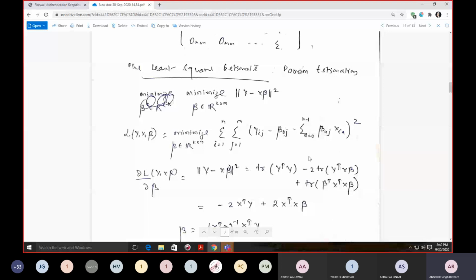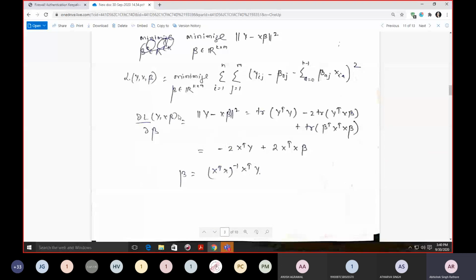Now we are going to differentiate this with respect to beta. This term doesn't contain any beta, so it equals 0. Differentiating the next term by beta, we get 2 into y transpose x, or we can write x transpose y over here. Then for this term, because it contains beta square, the 2 comes before, and this is x transpose x into beta.